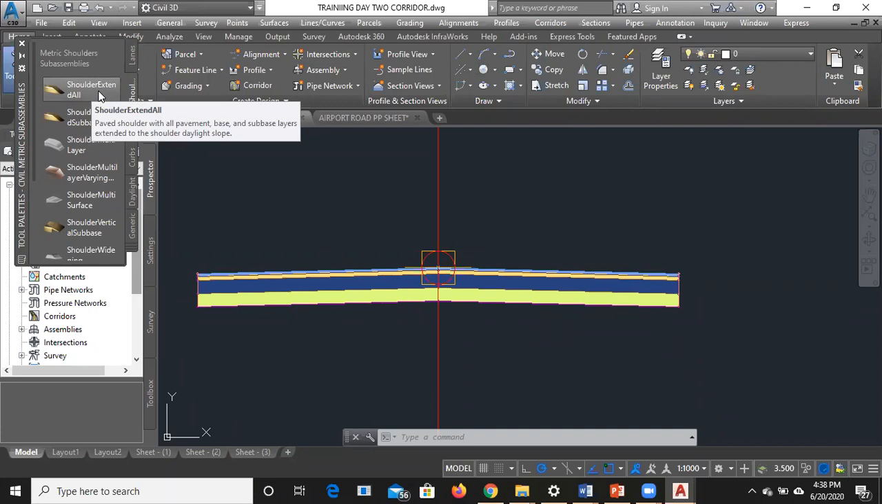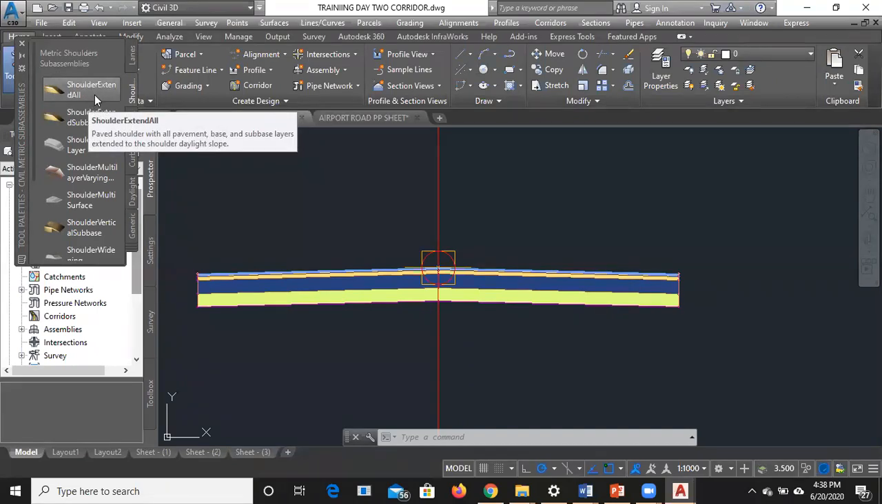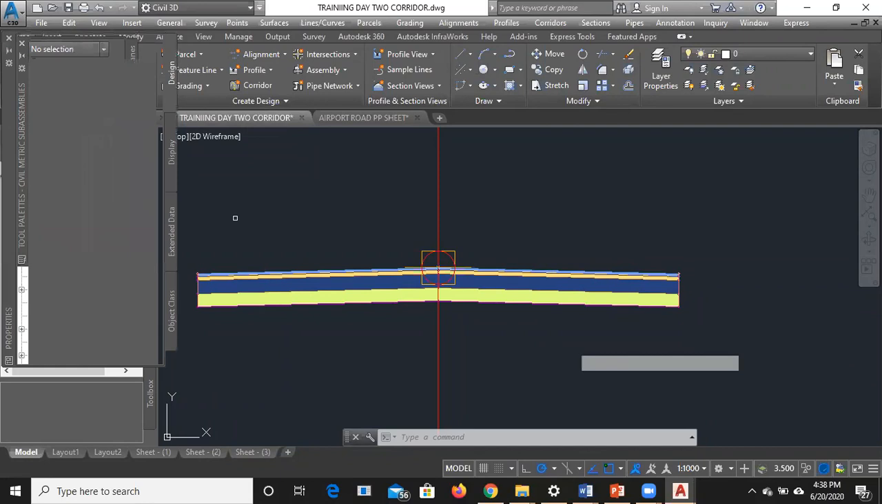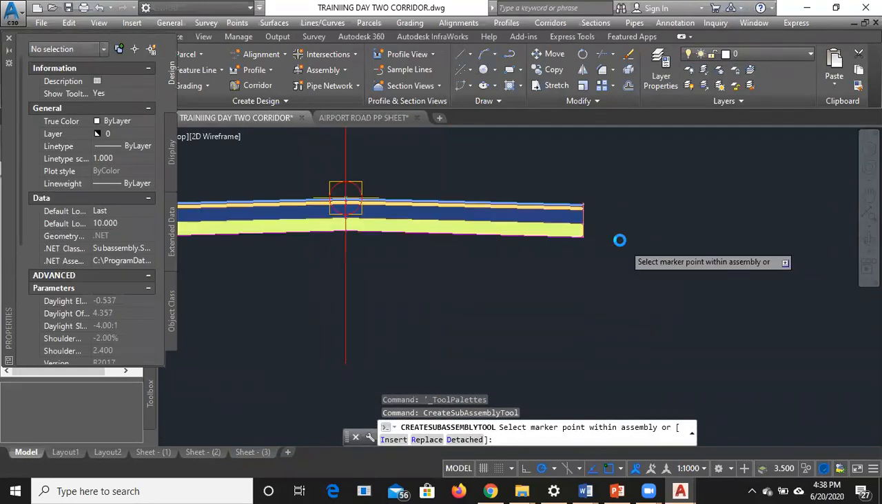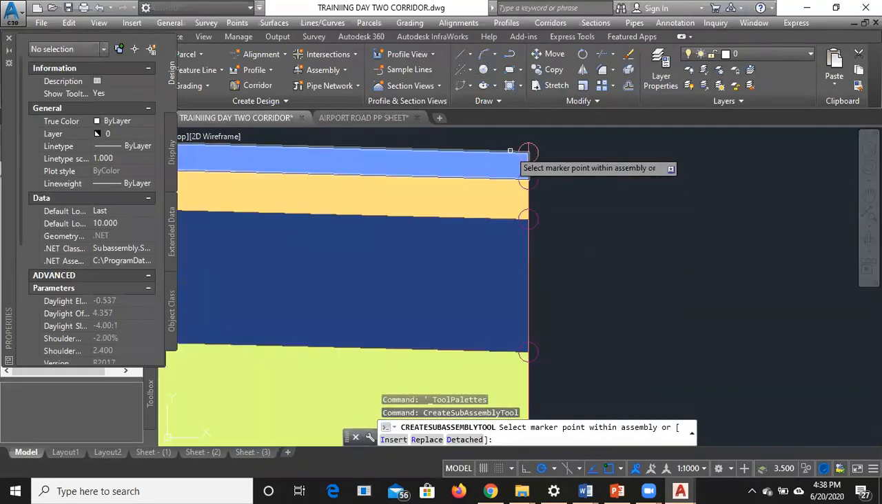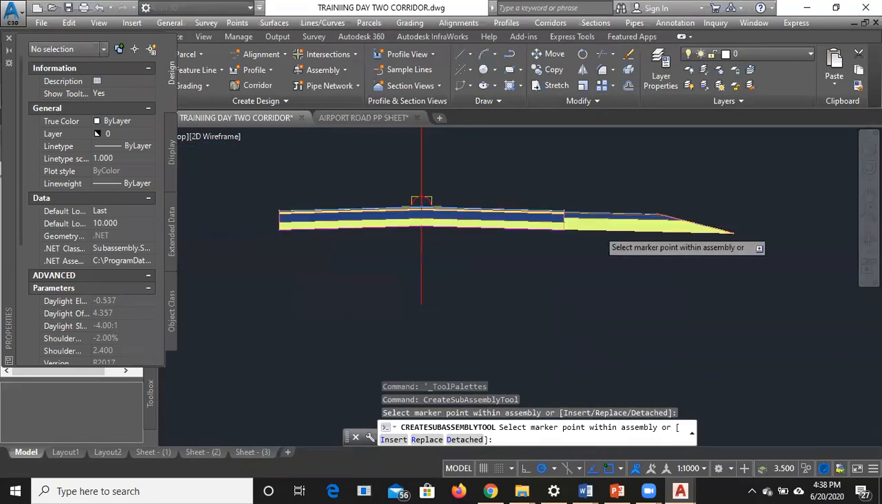We use shoulder extend all. Let's use this one, shoulder extend all. So I will come down now. I know that on my pavement structure, my shoulder is normally flush with my binder course. So I will click on this to have a drop down of my shoulder,